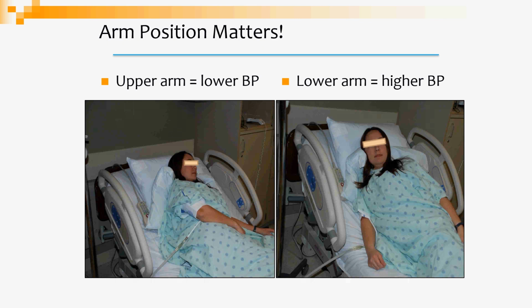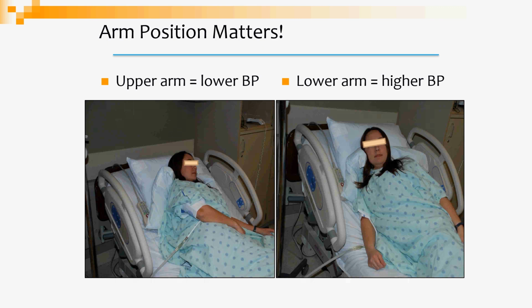So again, if you've got a patient who's, say, in labor, or she's more comfortable on one side or the other, it's still important that regardless of which arm you use, you have consistency, and that staff are taught not to switch to the upper arm to get a lower blood pressure reading because it's higher than the heart. It's important to be consistent.